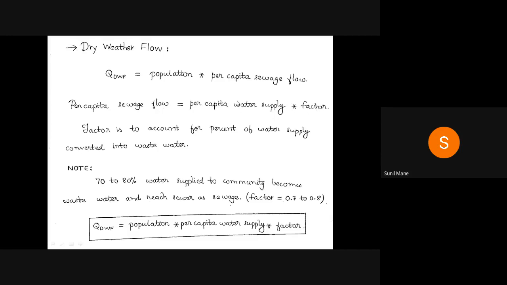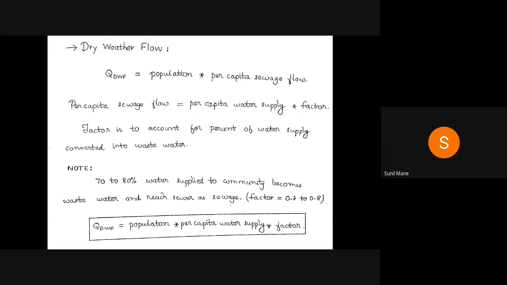In case of developed cities, there is no need to increase that factor. It would be about 0.7 to 0.8, because there is no additional water supply. So that part we can go for in the calculation. So per capita water supply. So generally,